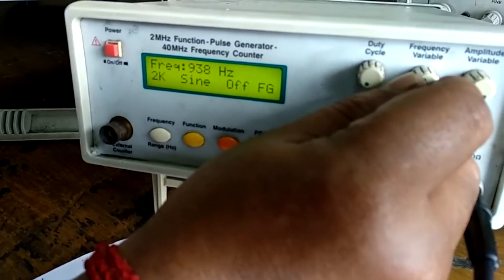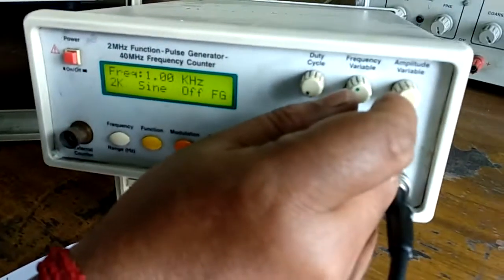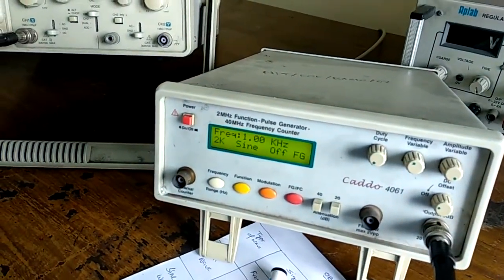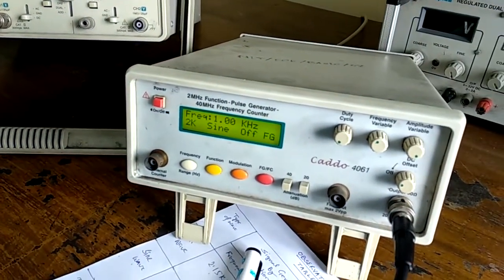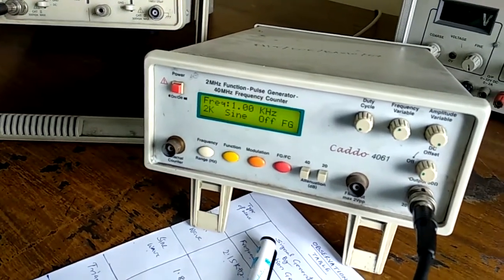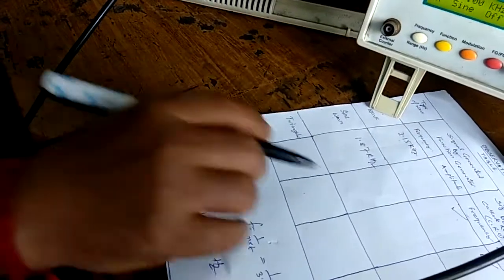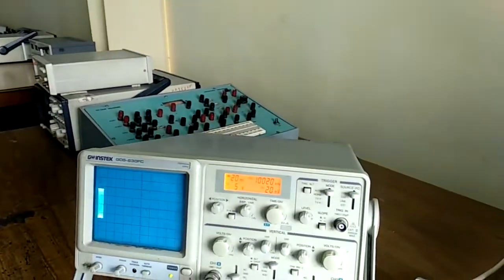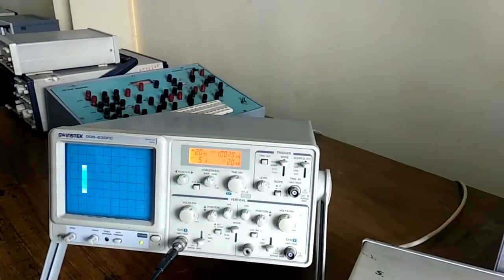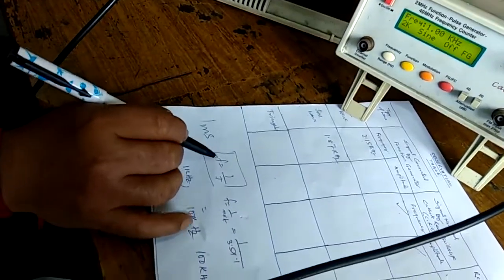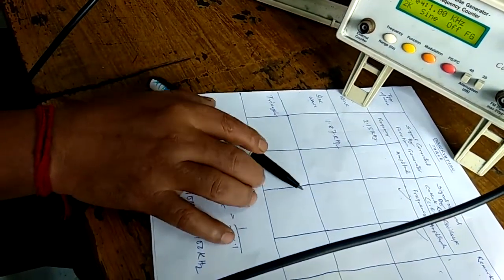Now it is 1 kilohertz. Okay, now it is 1 kilohertz. 1 kilohertz means your standard single cycle time period will be around 1 millisecond, but your time base has been set at 20 milliseconds. So as you already know by the formula of the frequency and relation of the time, f is equal to 1 by t. That means f and t are inversely proportional related.